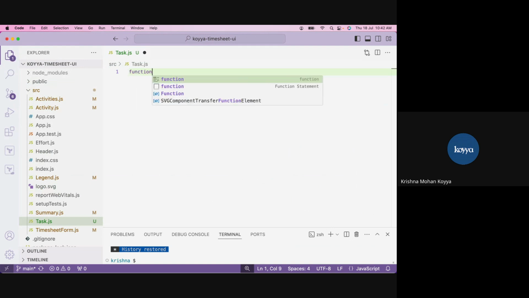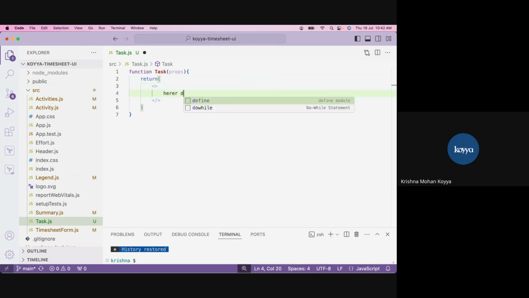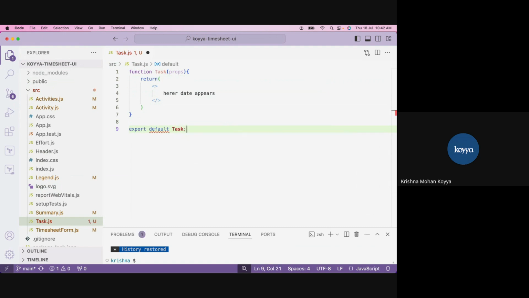I need to create a function, name it as task, accept props, right? And it must return something, and that something is always going to be an empty element of this tags. Maybe here "date appears". Let me write just like that. And finally, you export the task. That's it. This is the basic